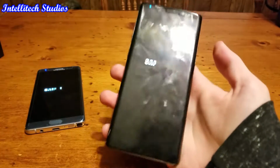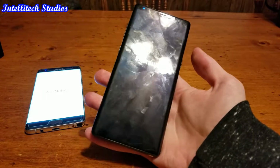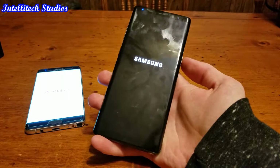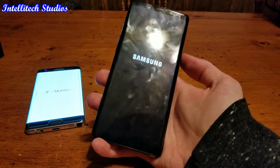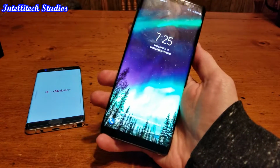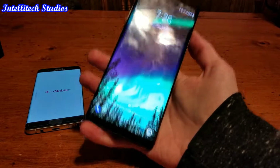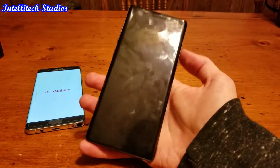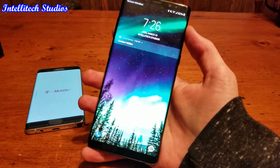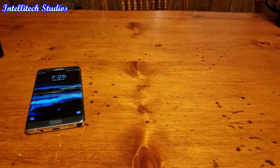So I've been using this for 2 days now, and first impressions are wonderful. I am really enjoying this phone. I am definitely upgrading from my Note 5. I'm not going back to my Note 5. I'm sticking with this. Obviously, it boots up faster than that one. And obviously, you have the advantage of having software updates, although Android Pie looks like trash, so I'm blocking updates on my Note 8 right now. But, however, this is really, really good, and I'm definitely